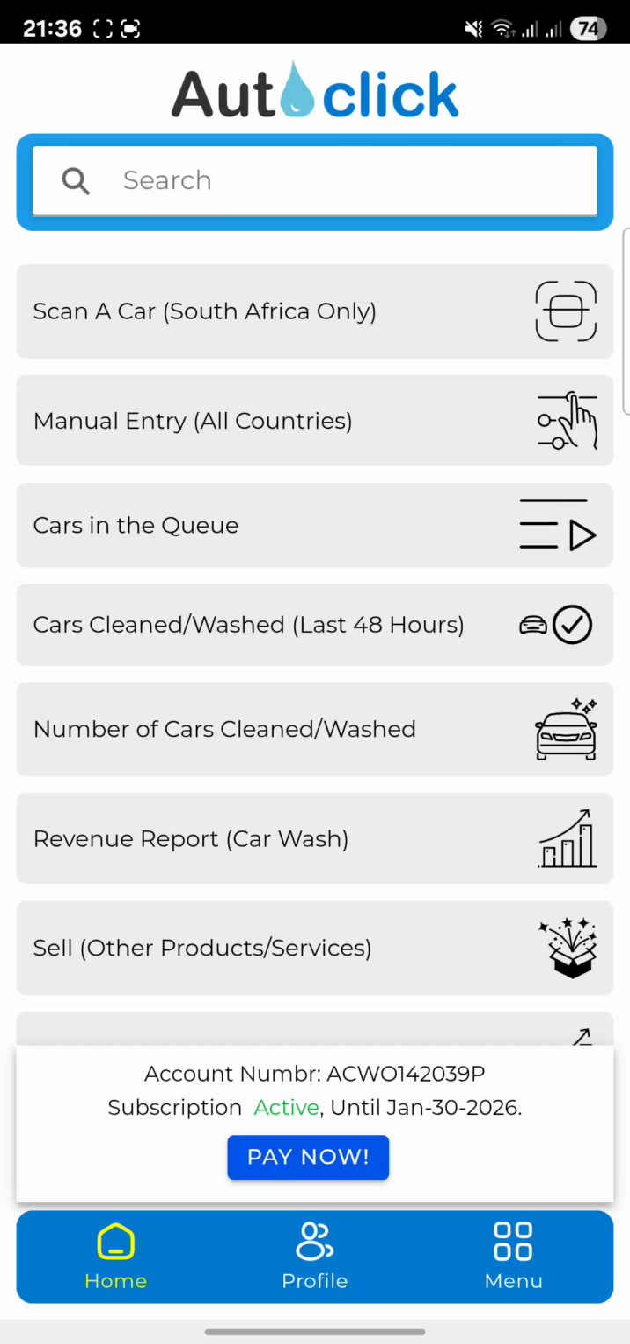This is the application for business owners or people who own car washes. It doesn't matter wherever you are in the world, you can make use of the AUTOCLICK Carwash App. So in this instance, we're just going to go through the process of how you can capture transactions as